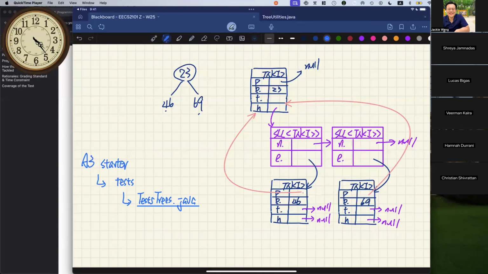For those of you who want to look at what happens if you have multiple levels of tree nodes, how would the structure look like? They do have some examples over there. So you want to go over there, trace the code, and then draw the diagram. That would be the best way for you to visualize the structure at runtime. Of course, in the programming test, you might be given trees of multiple layers, so it's definitely worth spending your time figuring out.